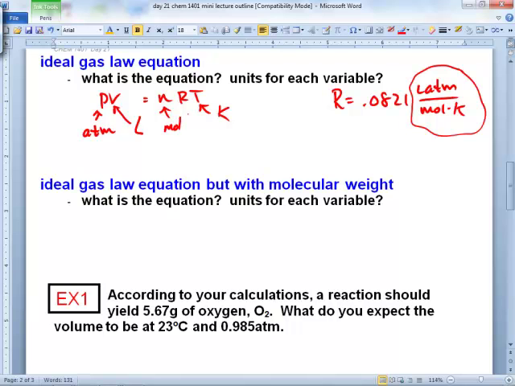Okay. So the ideal gas law equation, but with molecular weight. Another equation. Something equals something. Jared, what's that something equals something for the ideal gas law but with molecular weight in it? I don't know if you caught it. You had to kind of recognize it when you were writing down the definitions of all this stuff for today. Anyone remember seeing it? Big M is a hint. Big M is in it. PM equals... no one saw it?